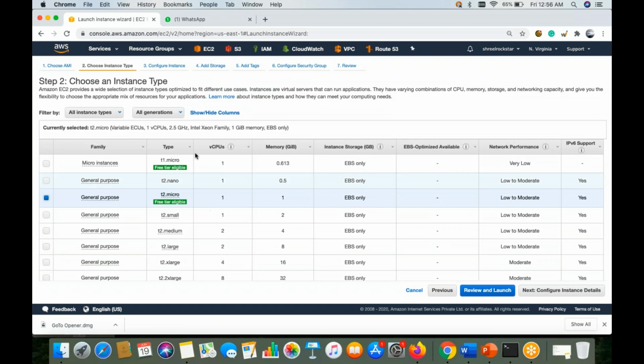If I go with all generation, you can see one more free eligible instance, T1 micro, and it comes with one CPU, 0.613 MB. This is very less, I think, right? And very low performance. But AWS also gives us the free tier T2 micro as well. One CPU, 1 GB. 1 GB is enough to start using Windows or Linux, anyone. Right. So I'm going to create the configuration.